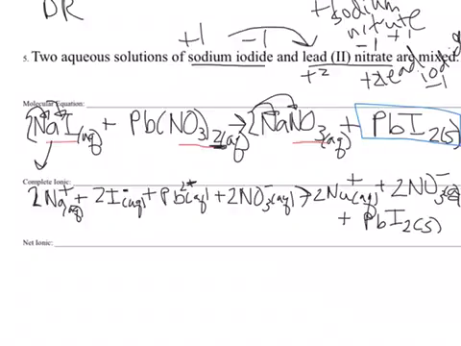Now to go from the complete ionic to the net ionic, I cross out any spectators. That means anything that stays aqueous on both sides of the equation, so that would be your sodium and your nitrate. And then you're going to rewrite exactly how you've written it before, anything that you did not cross out. So the final answer, the net ionic, is 2I- aqueous